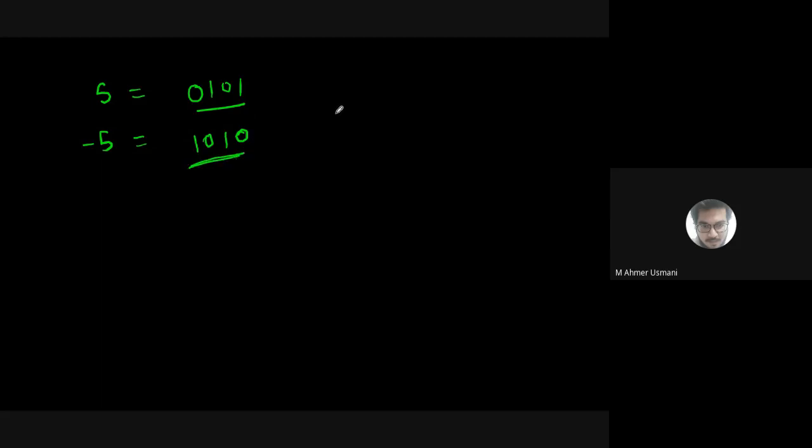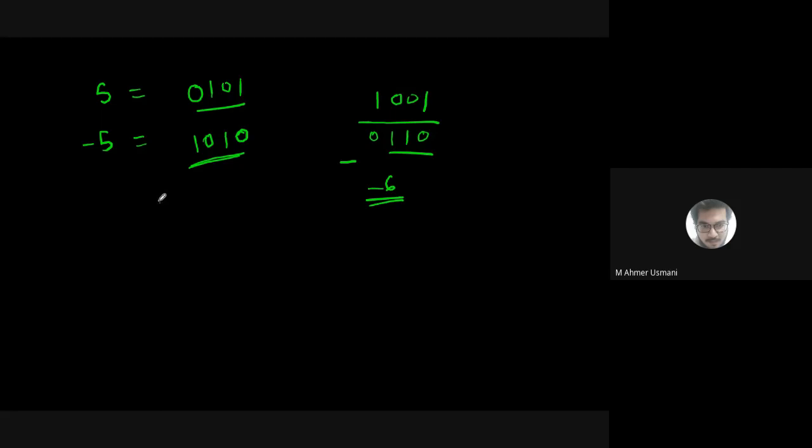If I get any binary number, let's say it is 1001, don't just check its MSB and directly convert the number. If the MSB says that the number is negative, that means the number is stored in which form? Normal form or its one's complement? One's complement. So first find its one's complement. This will become 0, this will become 1, this will become 1, this will become 0. So what is this number? It is -6. Is that clear?